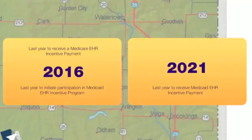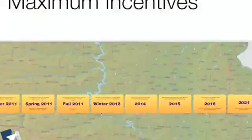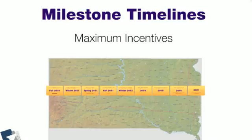It sounds like timing really is of the essence for providers. And if they want to know how to take the next step, this is where HealthPoint is a resource to help get them started. If you have any questions that we have not addressed in this presentation or would like more information, please email me at